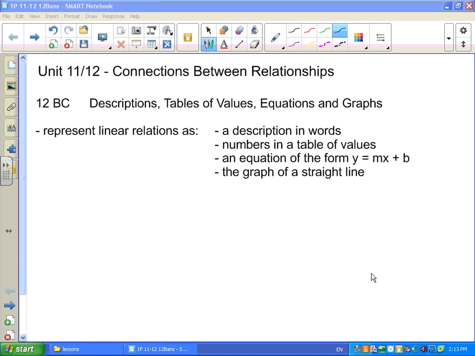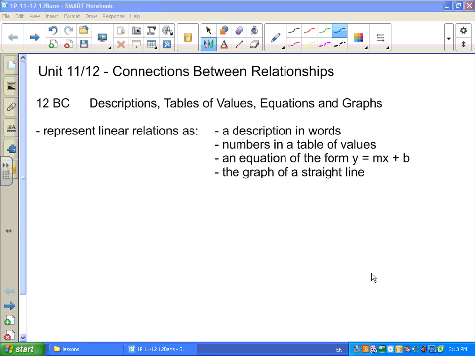So this lesson continues our work in Unit 11-12, and what we're going to work on is some stuff that pertains to some questions in boxes B and C of Unit 12. Specifically, we're going to look at descriptions of situations, tables of values, equations, and graphs. And what we want to be able to do at the end of this lesson